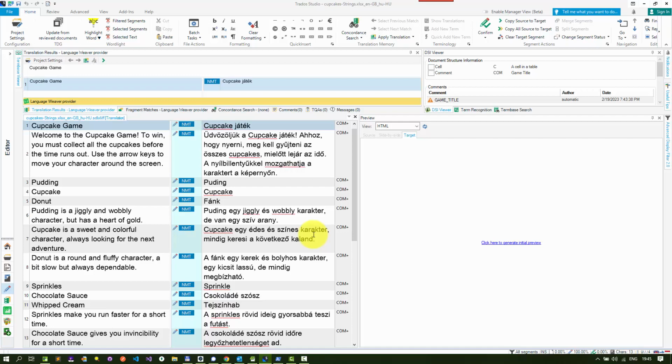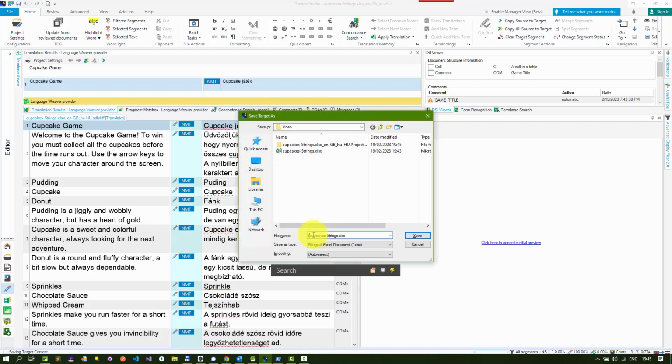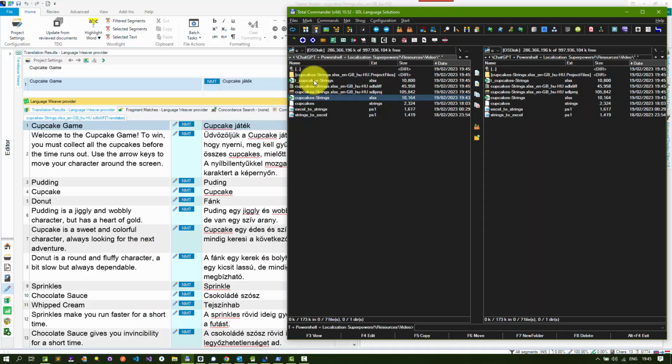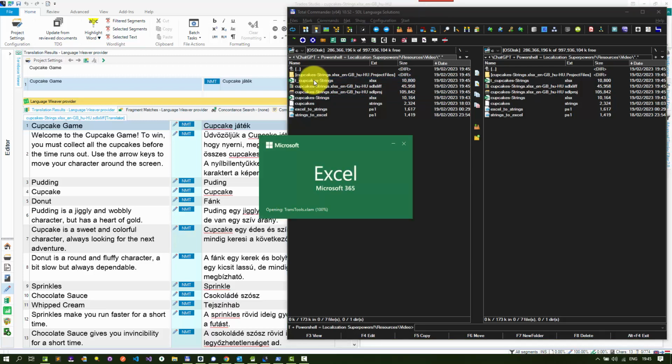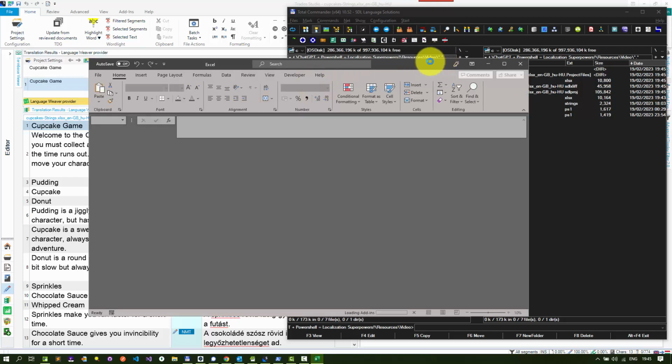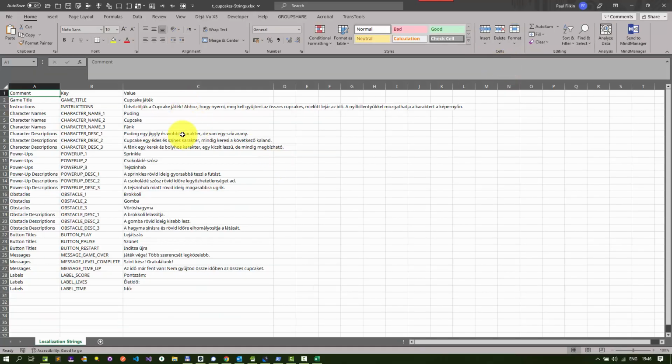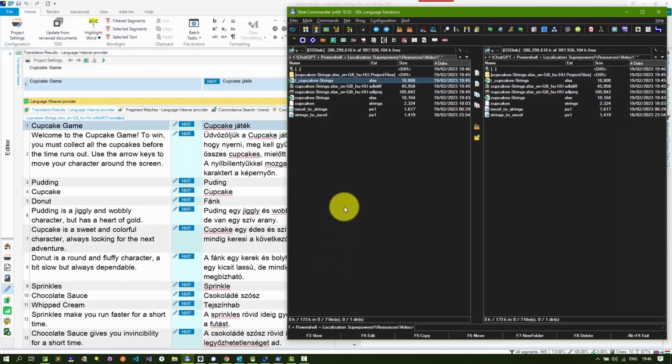And now I press Shift F12 to save my target. I'll put a T in front of it so I know it's the target file and I don't overwrite the source because I just used a single document workflow. Save it. Come back to here again. And now I have the source, the target file in there, which if I open this one in Excel, there's my translated file, just so you know it's translated. So I close that. And now what I'm going to do is I'm going to take the Excel to strings PS1,